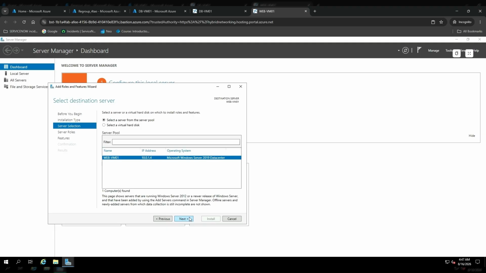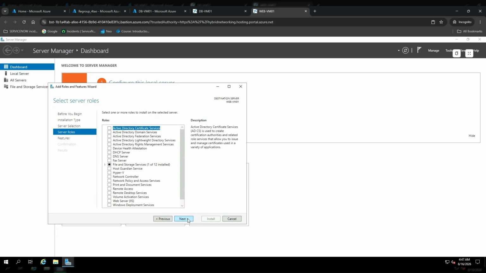And in the server section, we have already selected the web server. In the server role we need to select web server IIS, select it,